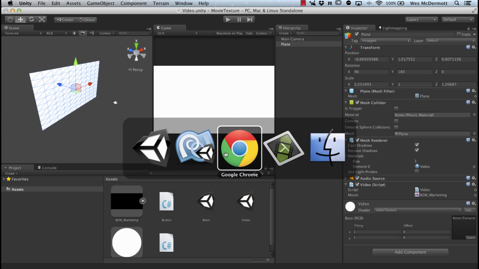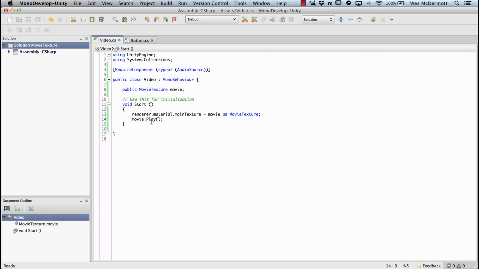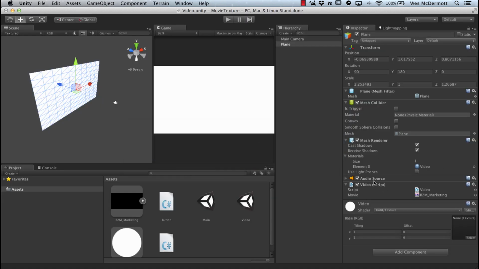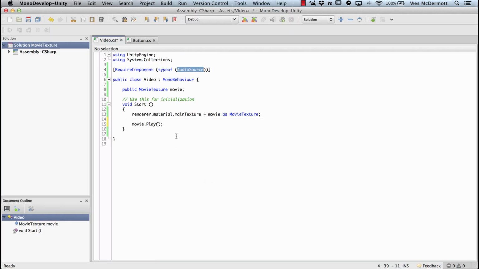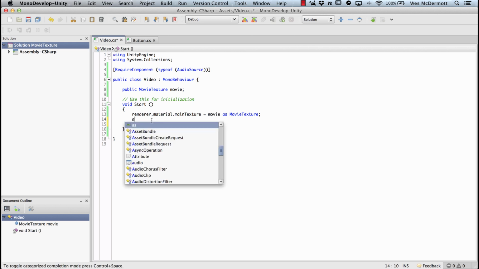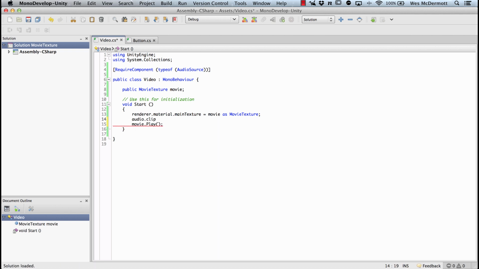So this is where the audio source comes into play. We're just playing the texture, but we're not playing any audio. So one of the things we need to do is set our clip. Since we have this required component, audio source, that component now lives as part of our game object and our script. All of this is basically local, so our script, our audio source, our mesh renderer, and all that stuff are all part of this one game object. They can all access each other pretty easily. So what we're going to do is say audio.clip, just like we did with the renderer.material.mainTexture, we need to set that. So audio.clip is equal to our